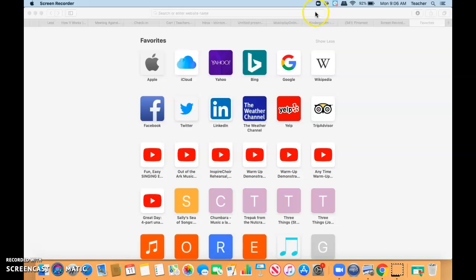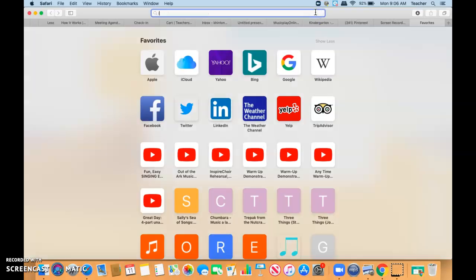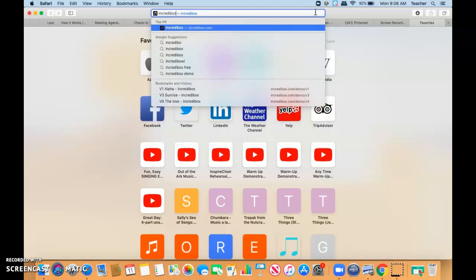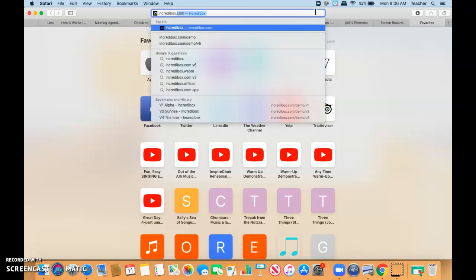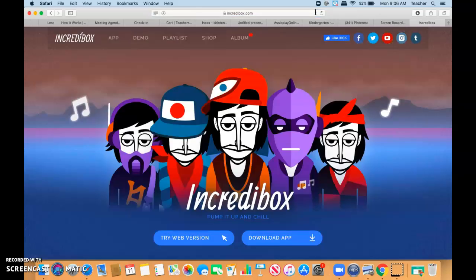The first thing you're going to do is click up here on your address bar and type in Incredibox.com. I spelled it wrong. Incredibox.com and click enter. It's going to take you to this website right here, and it already looks really cool and really fun. There is an app for it, but today what we're going to explore is the web version. So we're going to click the little icon that says try web version,